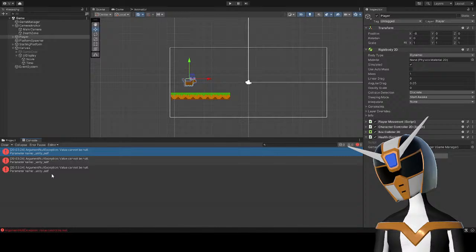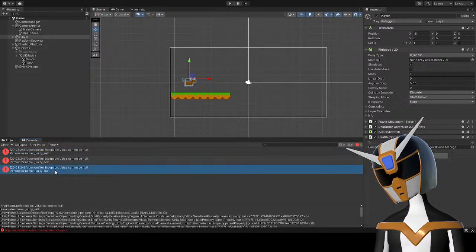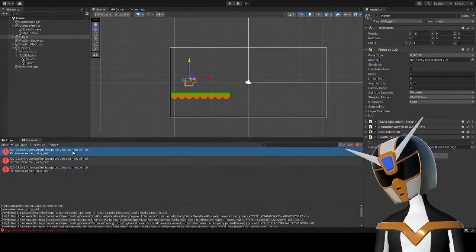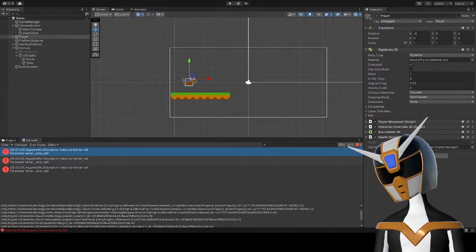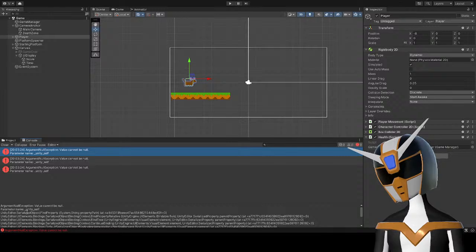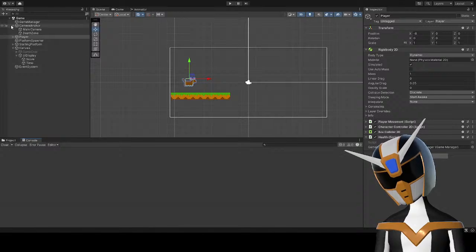Wait, what is this reference that's null? Where's this now? Value cannot be null. What value cannot be null? What is going on here now? Name Unity self? What? Okay, that's weird. I don't know why that's happening.